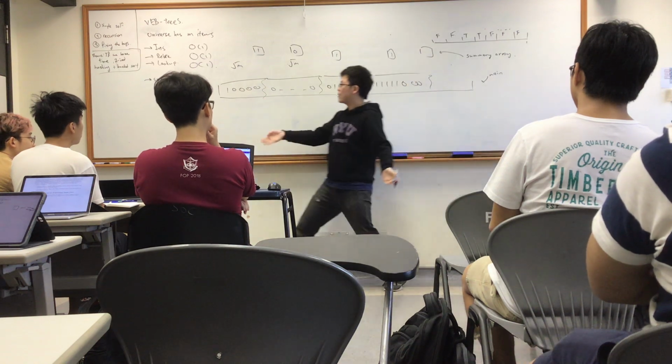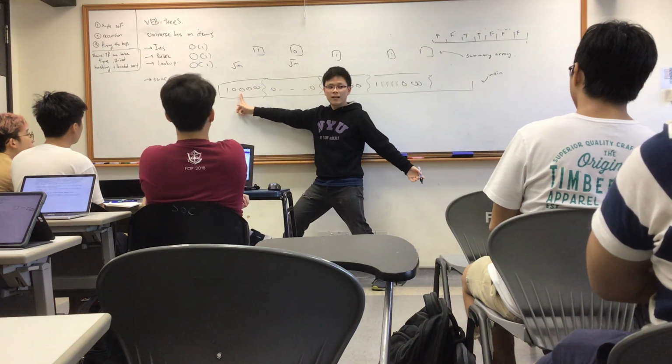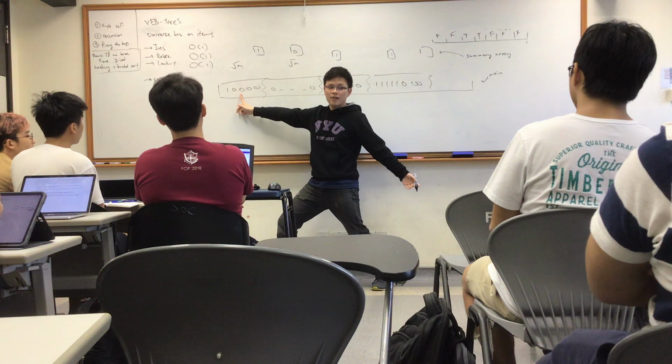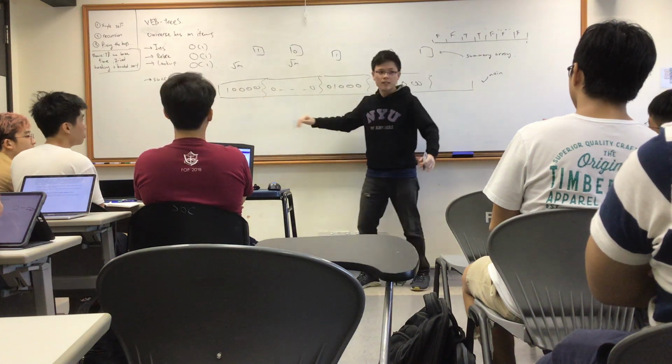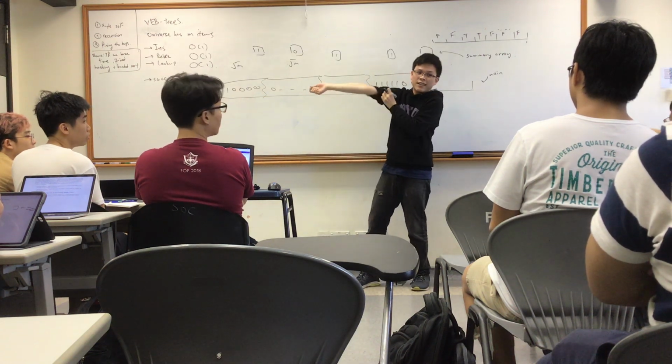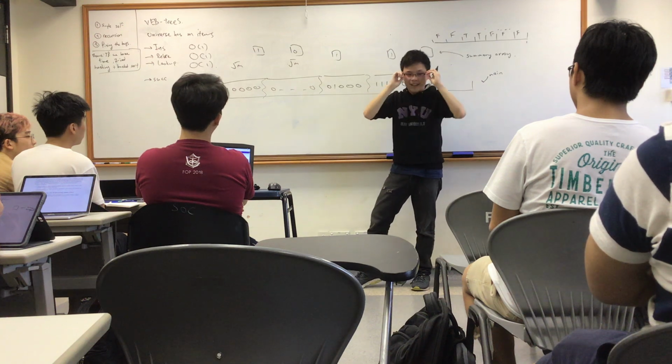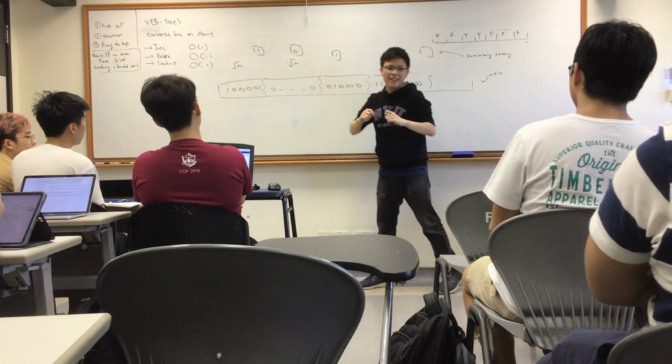Let's say I wanted a successor of this item here. I just check the next segment, which has. So I will check inside the thing first. And then afterwards, I will check the summary to see where's the next one. Then I will check inside the segment to find the next one.